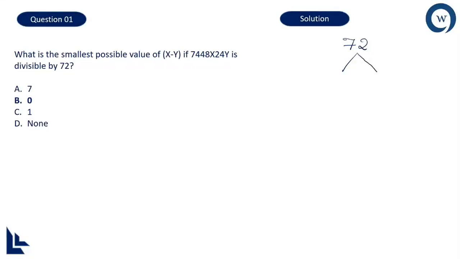Now how to do this problem? Simple, 72 is a composite number and if any number is to be divisible by 72, it has to be divisible by both 8 and 9. If you confirm that the number is divisible by both 8 and 9, then automatically that number becomes divisible by 72 as well. Now, the divisibility property of 8 says that the last 3 digits of any given number must be divisible